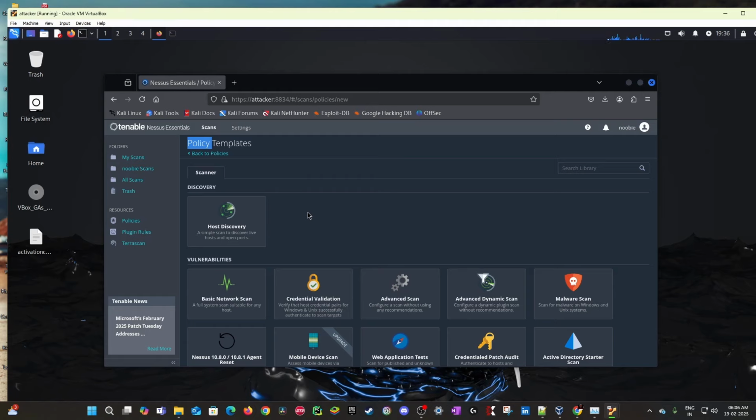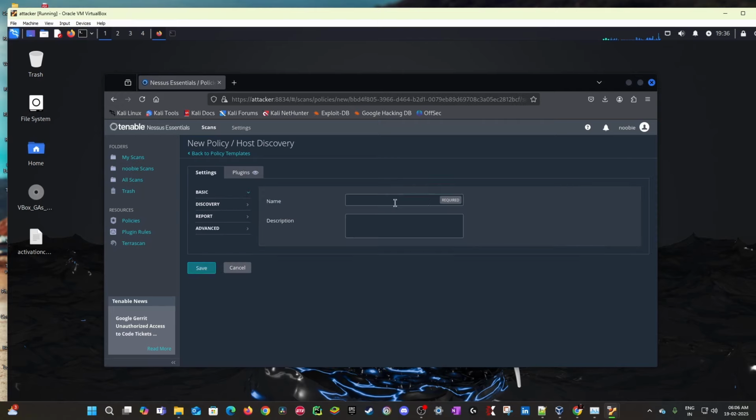for the first step, when we are trying to run a vulnerability scan, we first need to identify or make sure the hosts are reachable, and then we target them using the network scan, right? So the first thing is the host discovery. There is already a template available here, so we can just pick this template, and you can see it's asking for a name. My first discovery scan. This goes like my first scan,